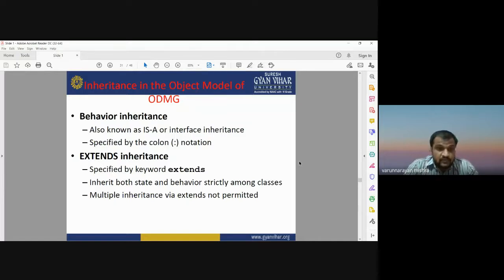The keyword extends can also be used to specify such inheritance. This inherits both the state and the behavior strictly among classes, and multiple inheritance via extends is not permitted. So this is all about inheritance in the object model of the ODMG.